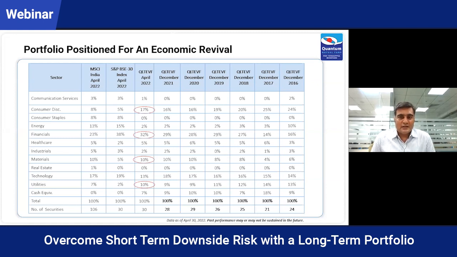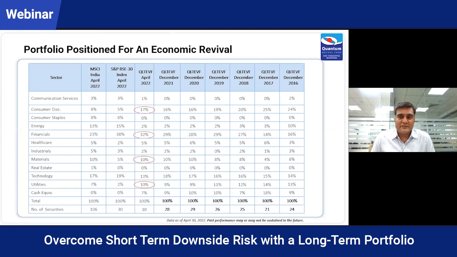Financials, again, the whole cycle is benefiting them. The credit cycle peaked about 2 years ago. So the profitability is improving because provisions are getting written right back. They are very well capitalized. And credit growth should pick up as the economy starts to improve. So we have a large weight in financials.